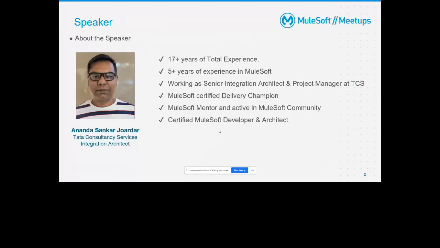I am also a MuleSoft mentor, active in the MuleSoft community, which gives me an opportunity to network and interact with many great minds. This is me. Let's move on.